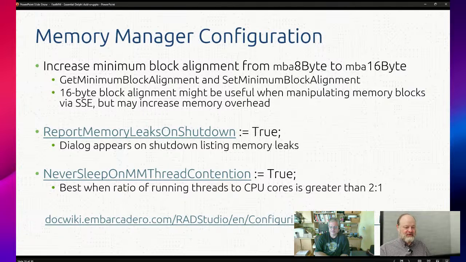Another one is never sleep on memory manager thread contention that you can turn on and off. And I'm curious if you use this much, Gabber, because I know that FastMM has the similar one. Because I was thinking about it, and my system here has 32 cores, and my other one has 24. Then there are laptops. So it feels like the number of CPU cores is really high today compared to the number of threads you have. So what are your thoughts on that feature? Is that something you use, or?